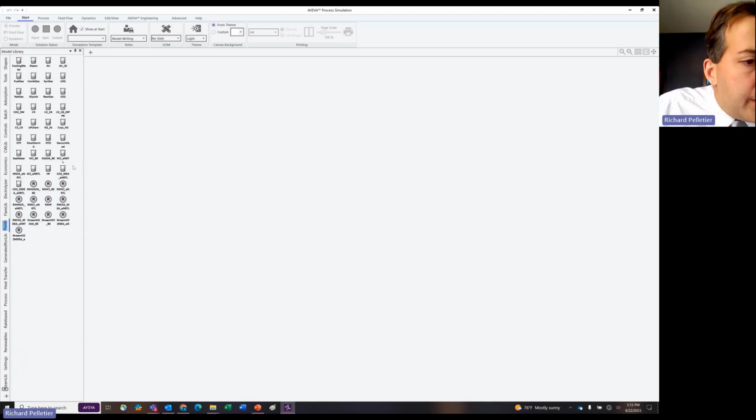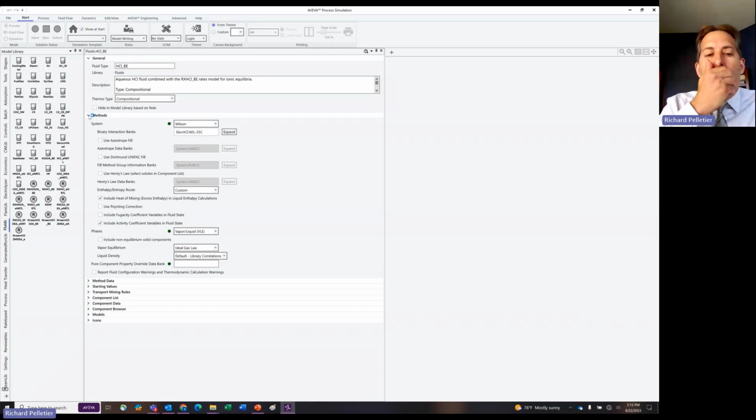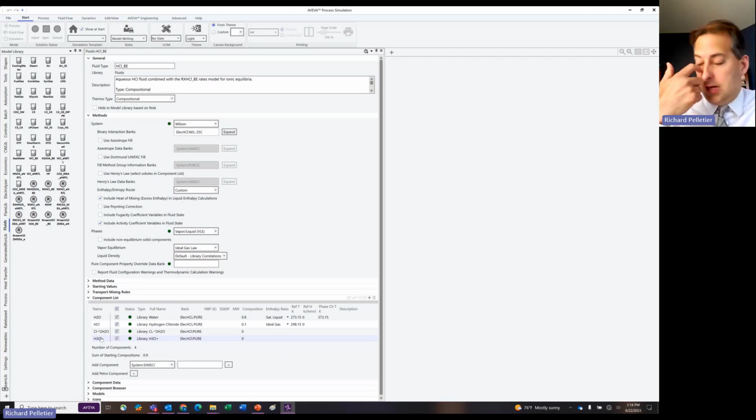So let's just look at this one. Should be fine. All right. So this one actually uses ionic components that aren't defined necessarily as solids, but